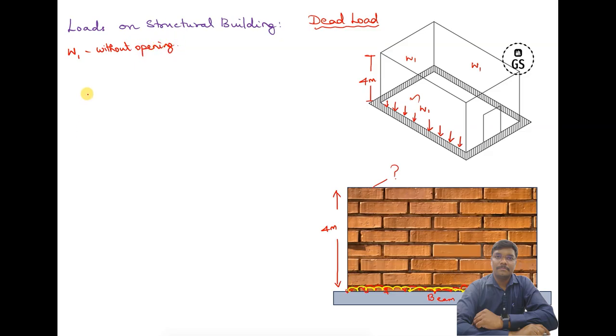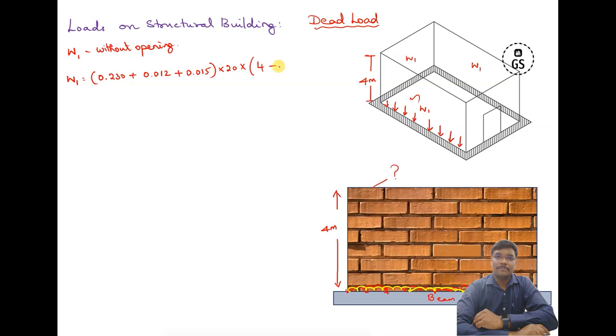Right. So first, W1 is equal to your wall thickness. What is your wall thickness? That is 230 mm, so we are going to take it as 0.230 meters. Then 12 mm inner plastering and 15 mm outer plastering, so it is going to be 0.012 plus 0.015 in meters. Then we have 20 kilonewton, that is for plain cement mortar. So that is 20. Then again multiply with your floor height, that is 4 meter height,